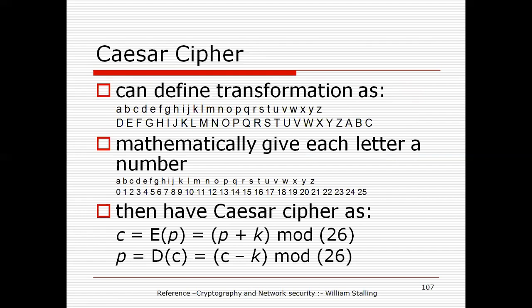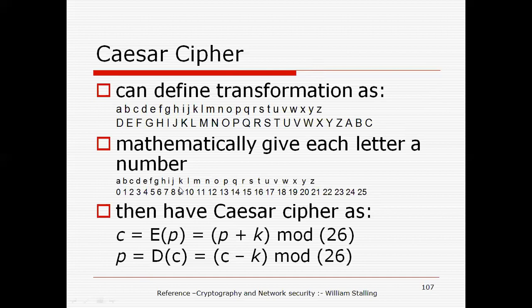Now this is one example. With the small alphabets, I represent the plain text characters, and with the capital letters, I represent the corresponding cipher text. Now, because we are studying Caesar cipher, its key size is equal to 3. First, I will assign a numerical value from A to Z for the plain text message. So for A, I use 0, for B, 1, and following the similar pattern for Z, it is 25. There are a total of 26 characters, 0 to 25.